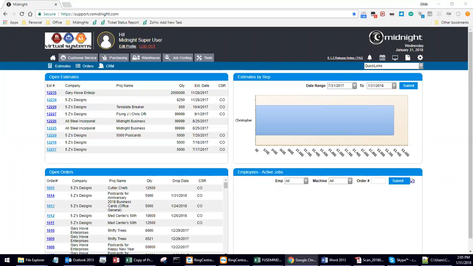So welcome to today's training session on postage handling in Midnight. Today we're going to be covering how to receive a payment for postage from a customer, how to record postage